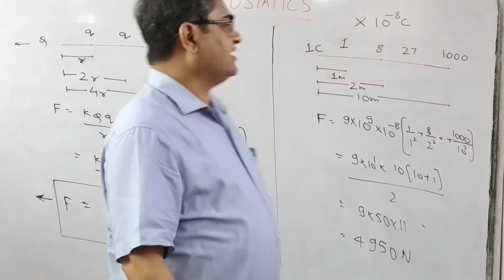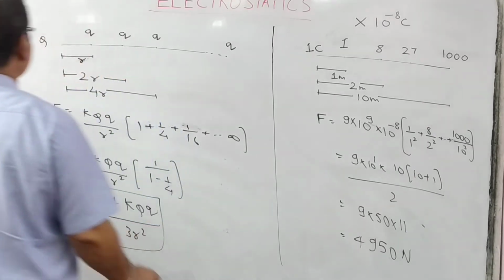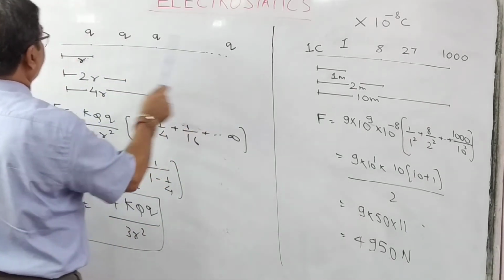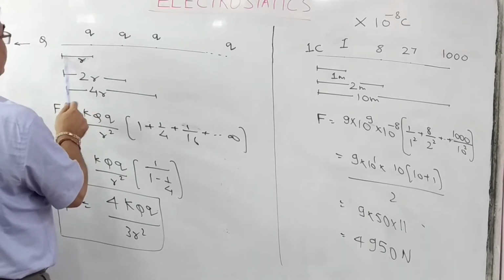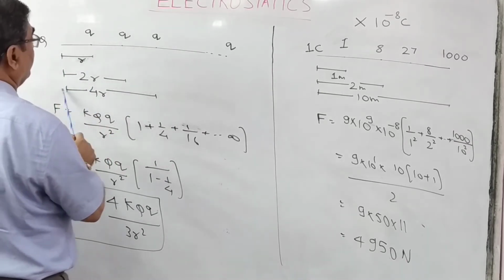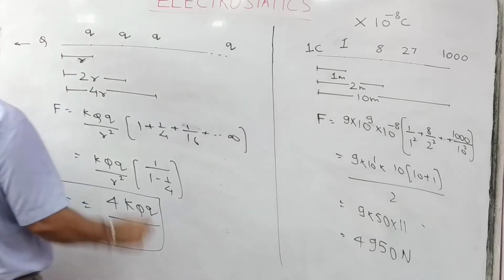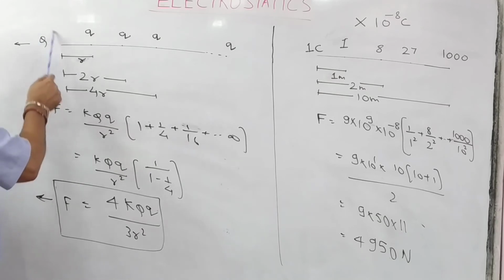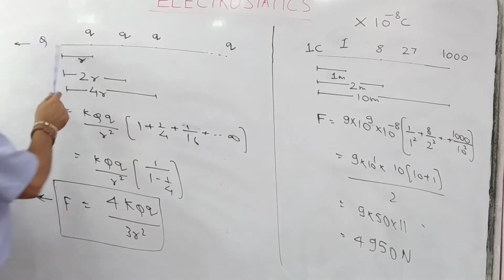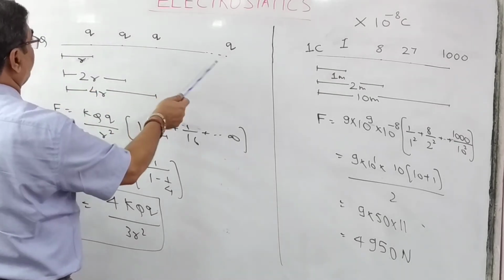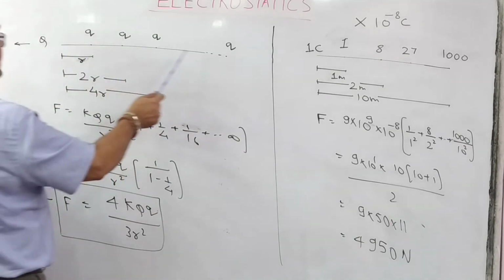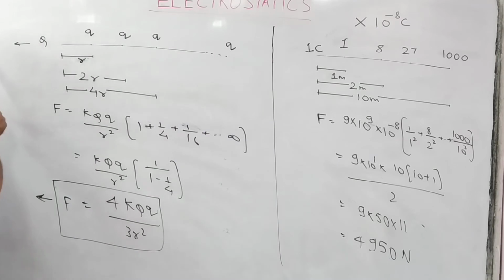Okay, now let's see, dear students, another question. Here infinite charges are kept at separations of r, 2r, 4r, and in a very similar way keep on going, from a fixed charge capital Q. We have to determine the electrostatic force on capital Q. Also determine the direction. Okay, since all the charges are of the same nature, the forces due to all the charges will be in minus x direction, and the directions of all the forces are the same.